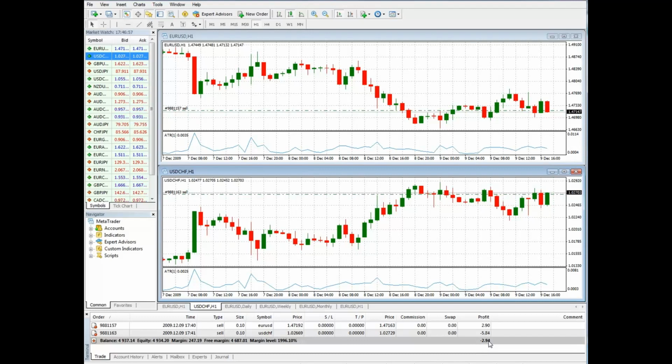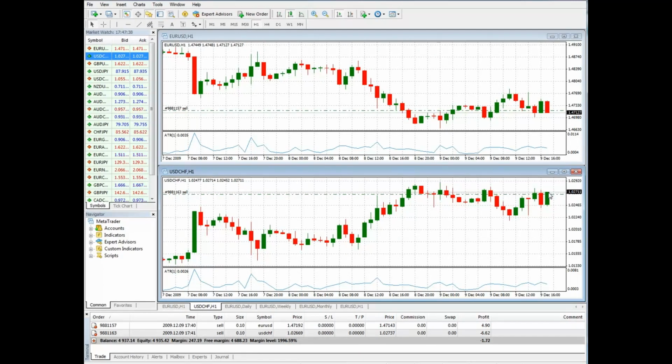Now here's another technique that you can use. You can actually leg into these. You could actually sell at the same point we sold before, the euro dollar US dollar, and then you could allow it to move into a profit. Okay, and when it moves into a profit, then you might want to sell the US dollar Swiss franc, and that will actually help to protect some profit,